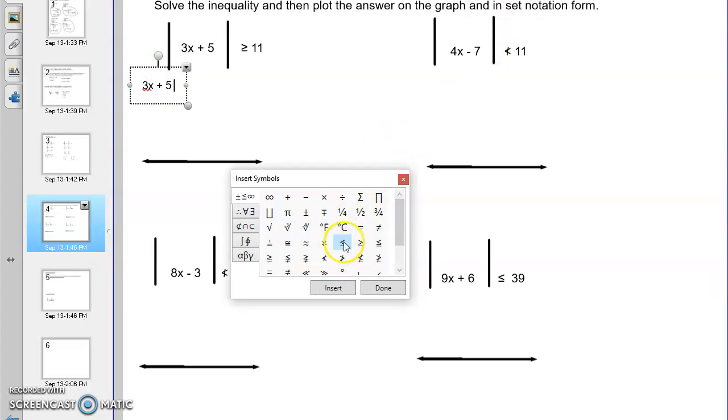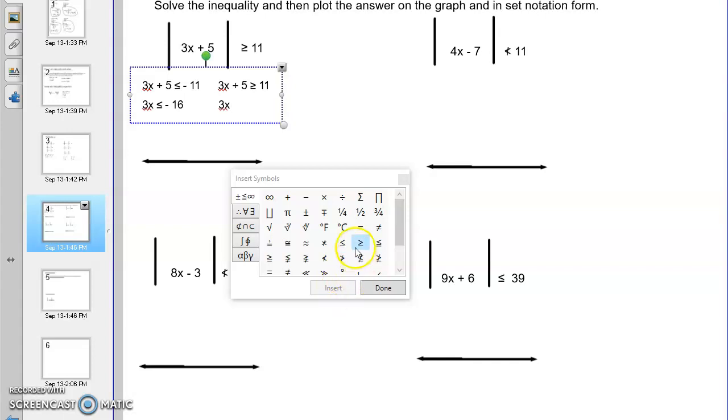So we're going to have 3x plus 5 less than or equal to negative 11 and 3x plus 5 is greater than or equal to 11. 3x is less than or equal to negative 16. 3x is greater than or equal to 6. And then when I divide them, x is less than or equal to